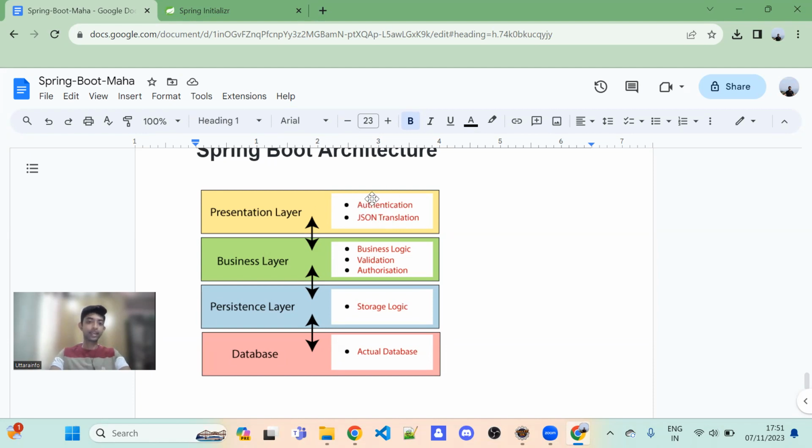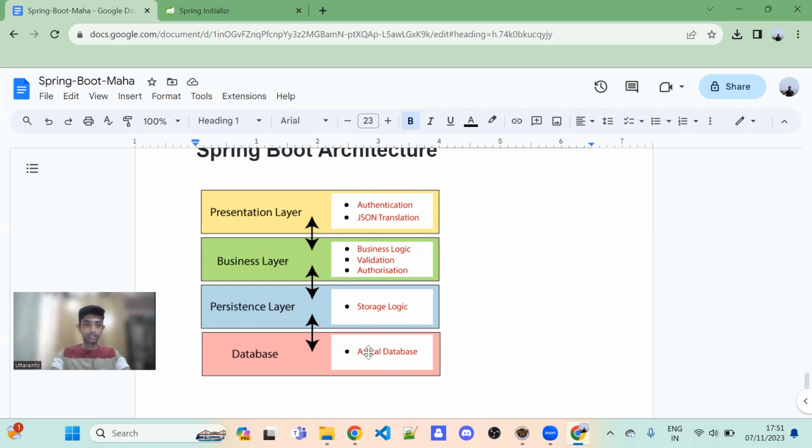For authentication we have to worry, because the user information will be stored in the database. We have to talk to the database to get the user information, to check whether the user credentials are valid or not. To do that, we have to write code even in the business layer and